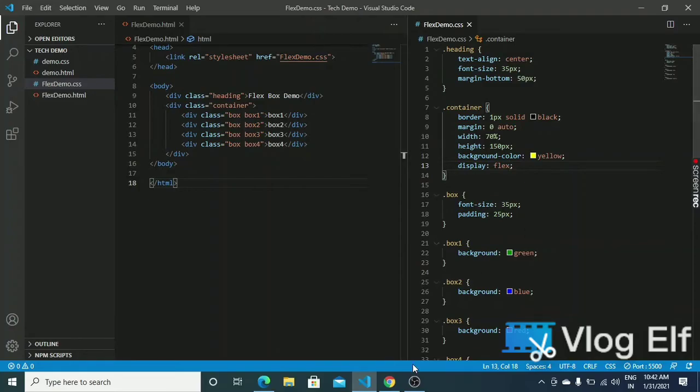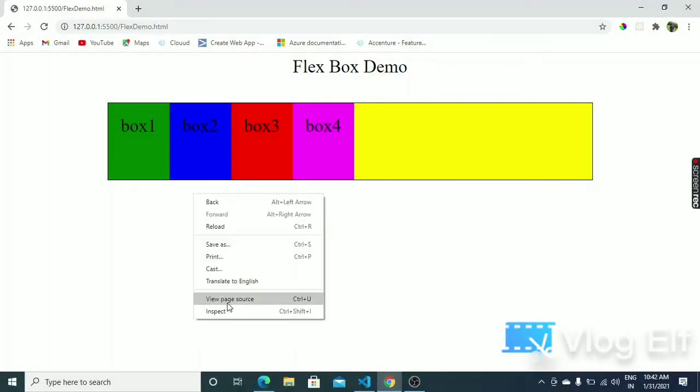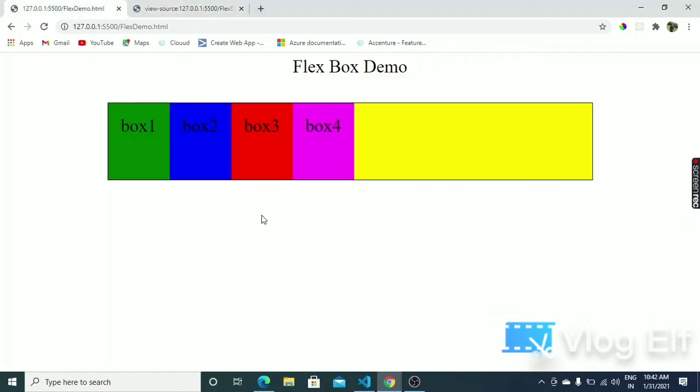So I have applied display flex to the parent. This is how it looks in the browser. The elements are now aligned in the horizontal direction. It is starting from the start of the container. So if I want to make this